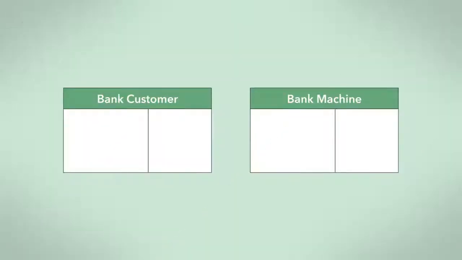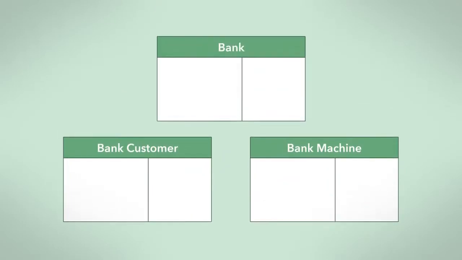This question suggests adding another component, the bank, where the bank machine communicates to authenticate the bank customer. Now you should understand how working with CRC cards can help to identify needed components in the design. You can find more candidate components by using CRC cards to prototype and simulate various scenarios.